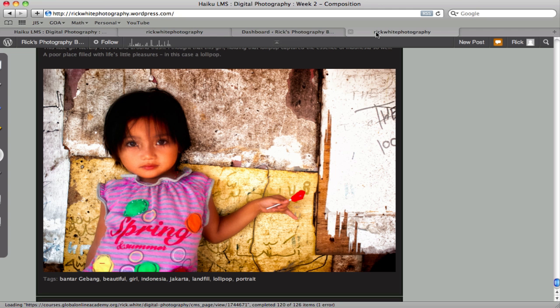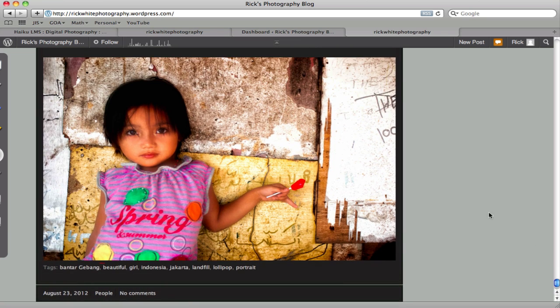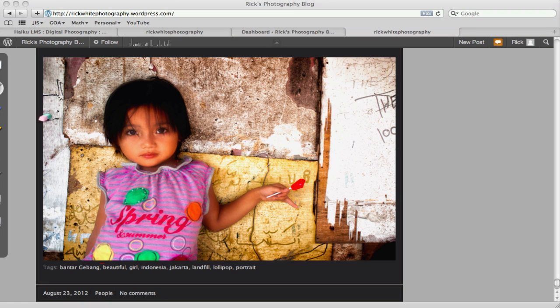Something I wanted to show you was this girl here. My first blog post, I took this photo a few weeks ago. One of my favorite photos I've ever taken. Not to say it's the best photo, but I love the fact that her hair is swooping over her eyes, and I also love that she is eating a lollipop. To me, that was a great opportunity. She literally lives in a dump. Her home is a landfill, and her home here was made from parts in the landfill here in Jakarta, one of the biggest